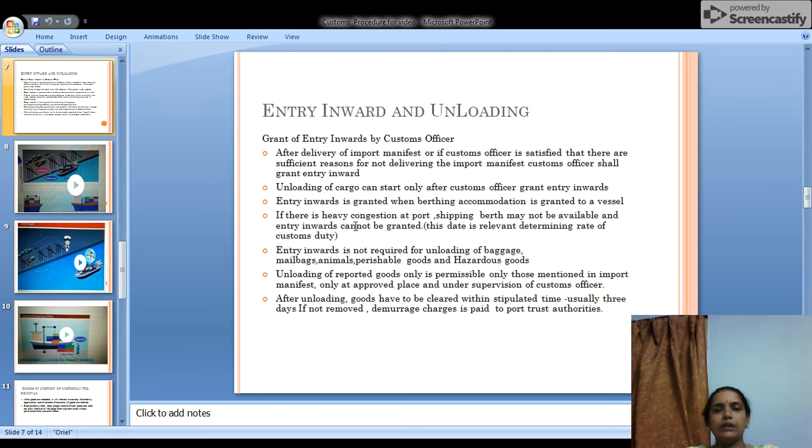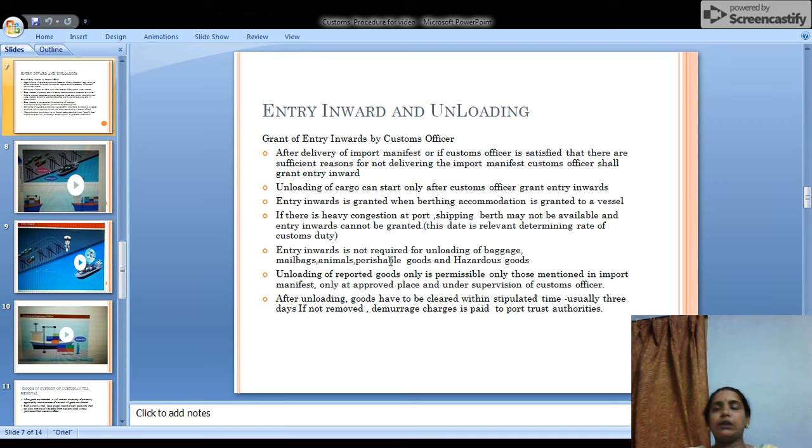If there is heavy congestion at the port, a shipping berth may not be available and entry inward cannot be granted. This date is relevant for determining the rate of customs duty. Sometimes entry inward is not required for certain goods like baggage and mail bags. Baggage means what we bring along with us. Mail bags means parcels, post,